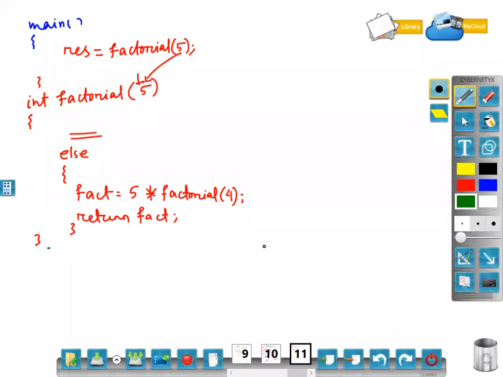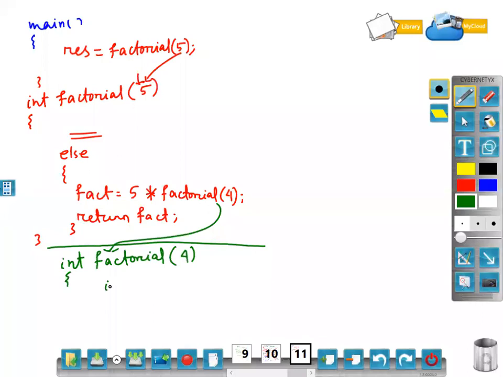Now once you call factorial of 4, one more body will execute internally, whose body will be like this: int factorial. This is the internal part. You don't need to write 4. Again, as for the code, the if part will be false. If the if part is false, forget about it.